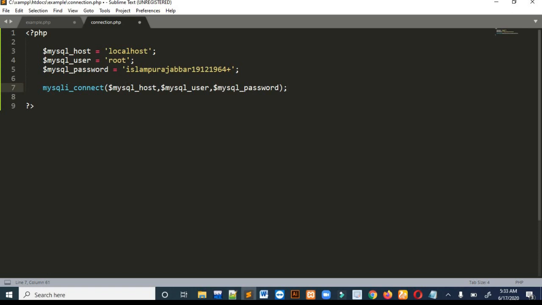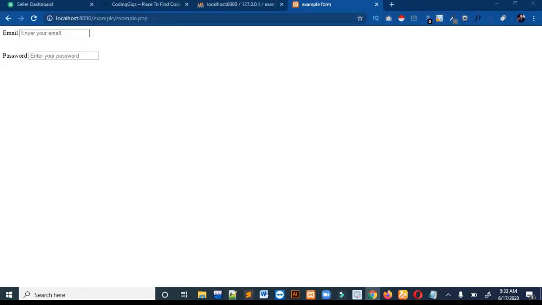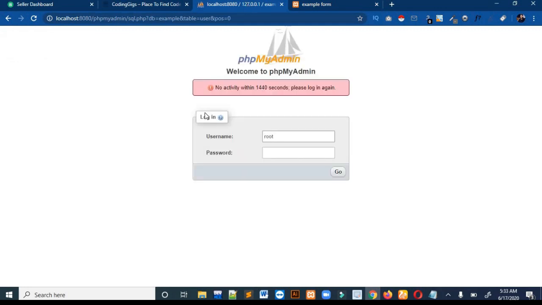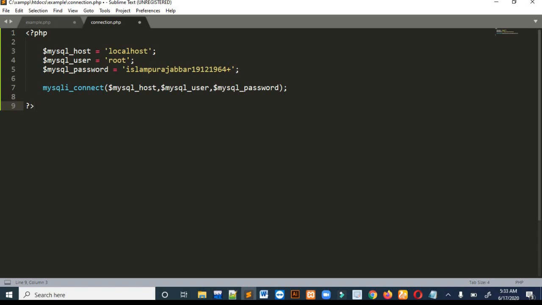In this part we had only connected our front end with our phpMyAdmin. So it is connected with this. I have to write the password again.